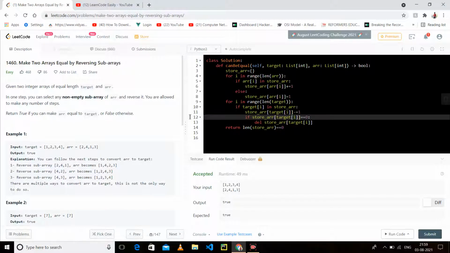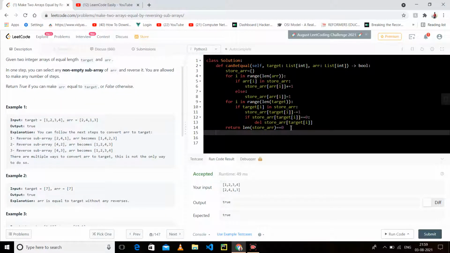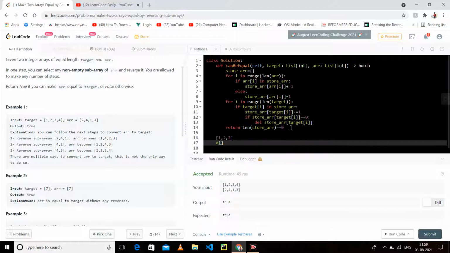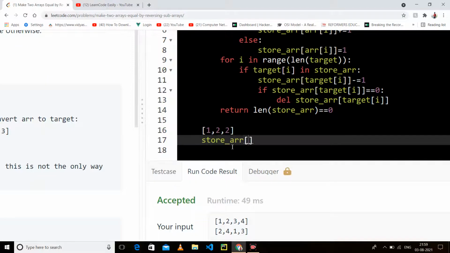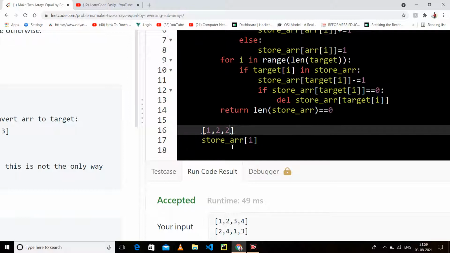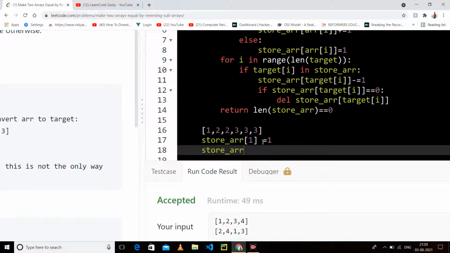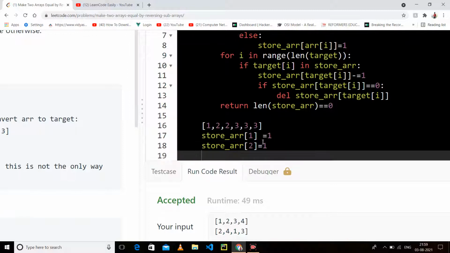So what I am doing here, let's take one example as 1 comma 2 comma 2, comma 3 comma 3 comma 3. I am first storing 1, then I see that 2 is not there, so store 1 for it.